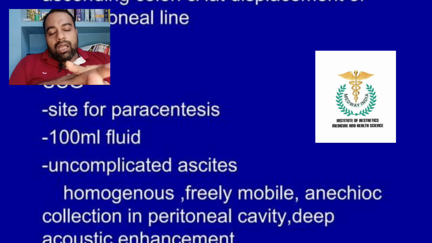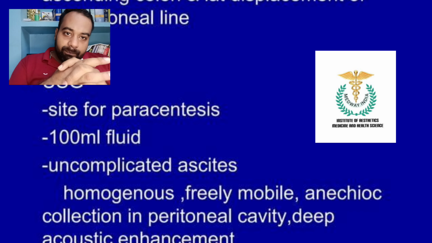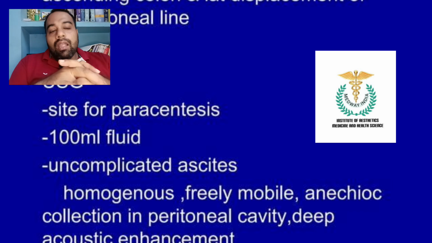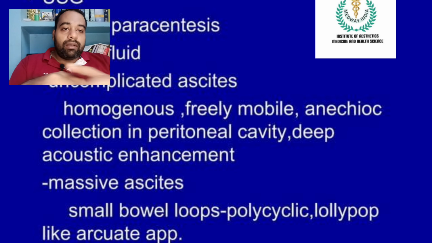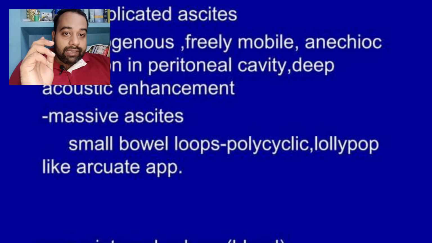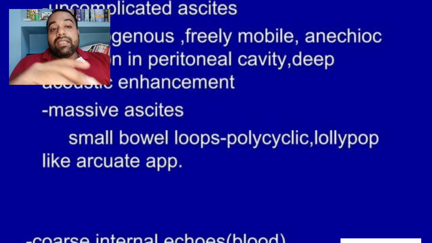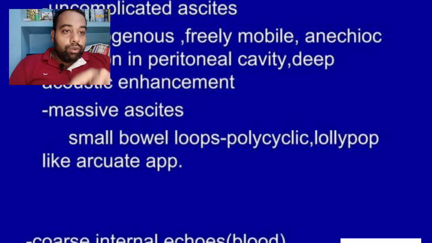Your usual way to go for the paracentesis is always USG guided. In the USG you are able to detect a minimum of 100 ml of fluid, and obviously in case of uncomplicated ascites it shows a homogeneous, freely mobile anechoic collection in the peritoneal cavity. Obviously there is also a deep acoustic enhancement that is shown. Also, in massive ascites, the small bowel loops are polycyclic and